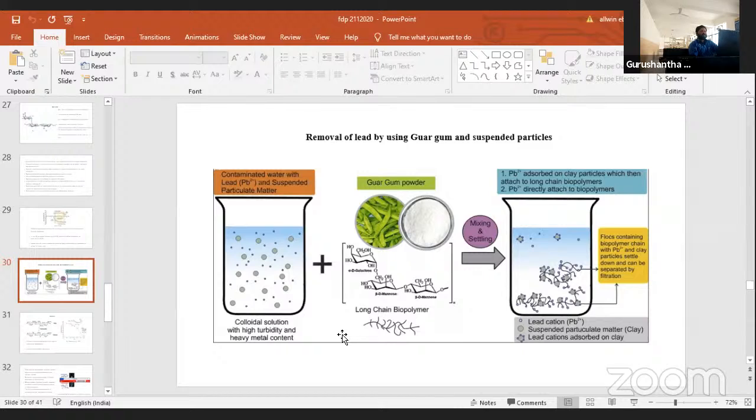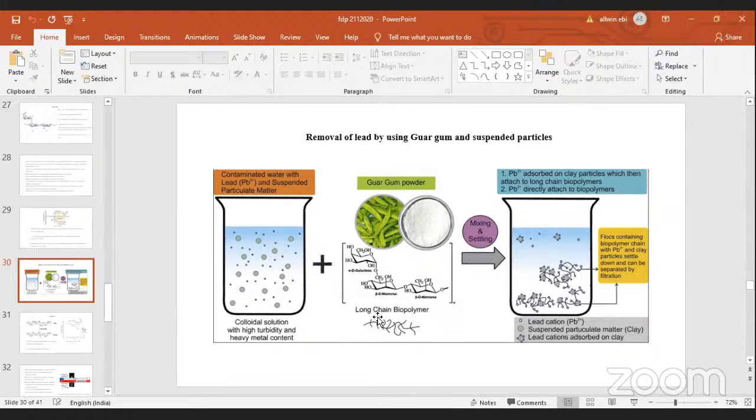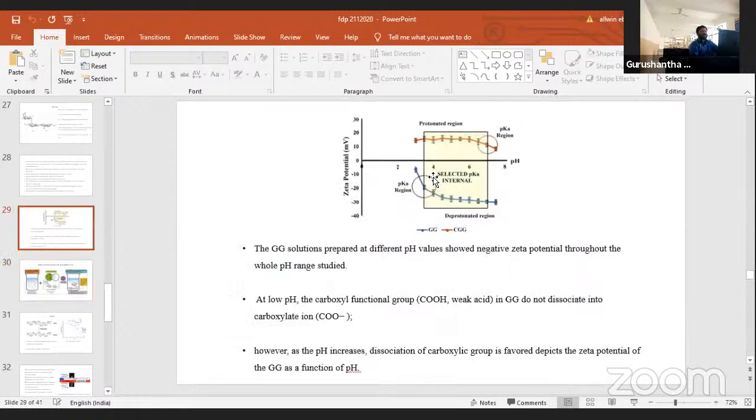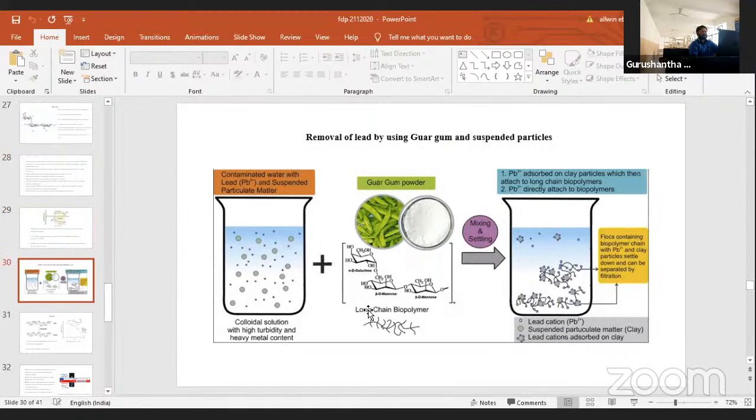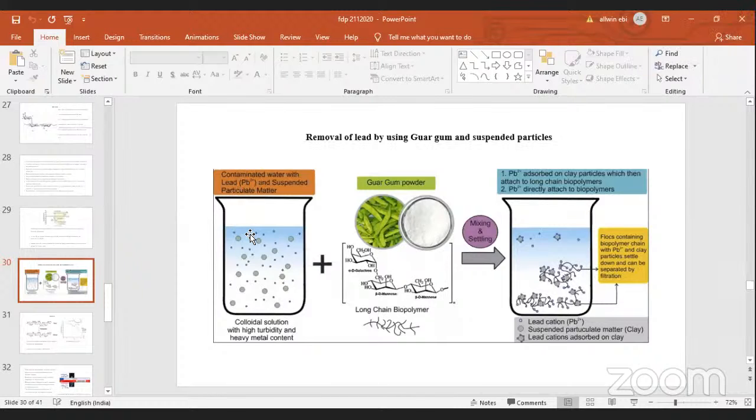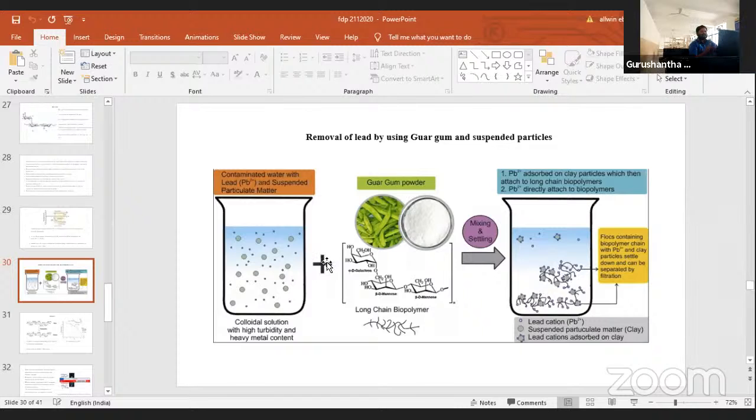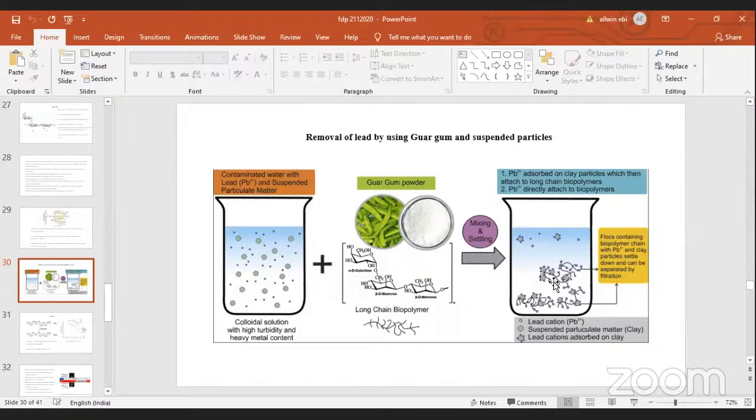From the schematic representation, we can observe that here they are using this guar gum. In the previous result, I explained that with respect to the pH condition, the guar gum will expose a negative surface charge. Because of the negative surface charge on this biopolymer, we are able to remove this lead ion. Why? Because lead has an oxidation state of 2 plus, so this cationic species will interact. To enhance the interactions, they tested two materials. One is the kaolin clay material, and the other is a polymeric material. This kaolin material,